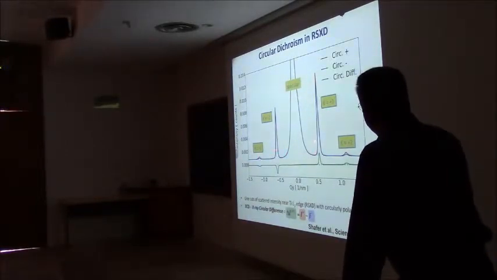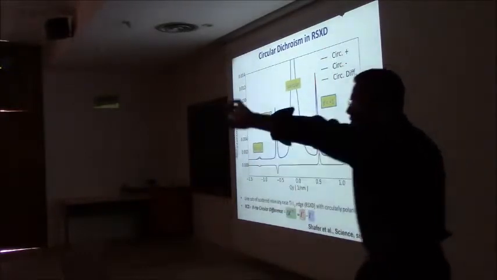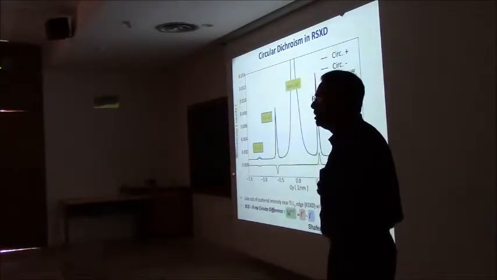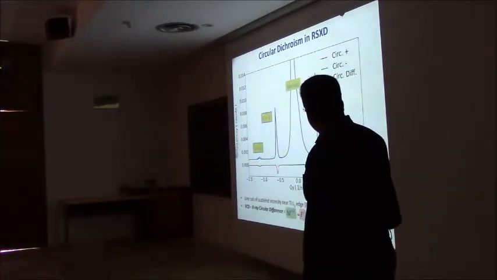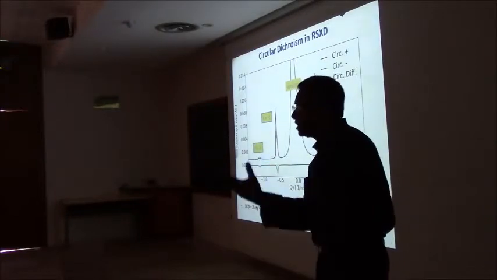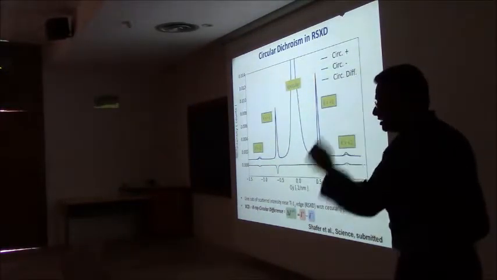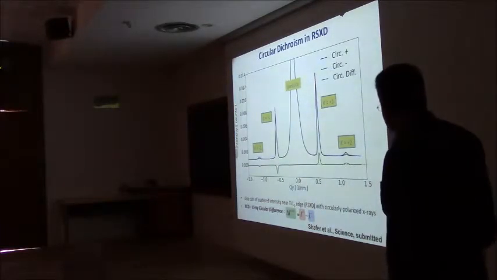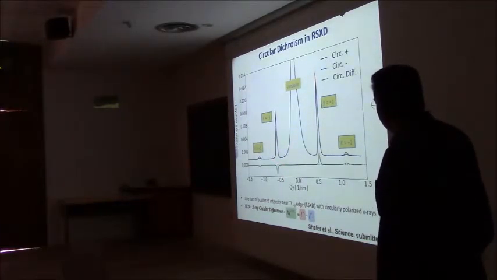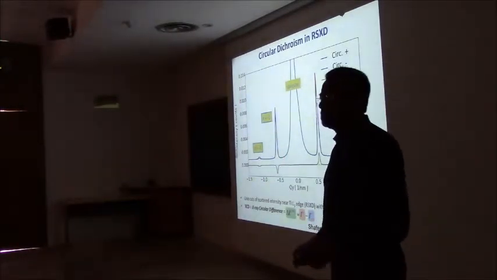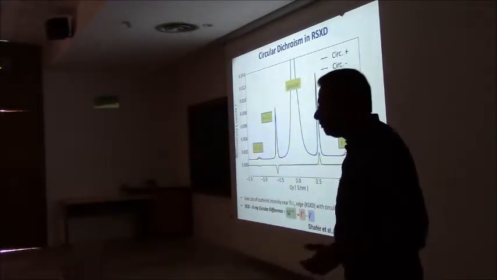Red and the blue curves are with circular positive, circular negative, this way and this way. And you can see that very clearly there's a difference between them. That difference is asymmetric, which again is a signature of a handed behavior. We're going to get to the why handed in a second, which is the answer to Vincent's question. This can be sometimes as large as 30%, typically about 15%.